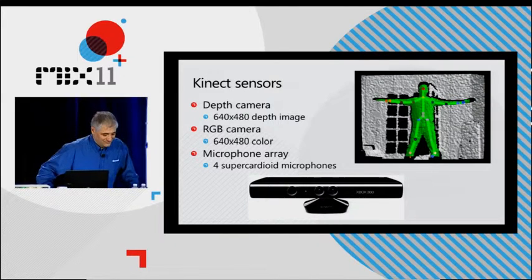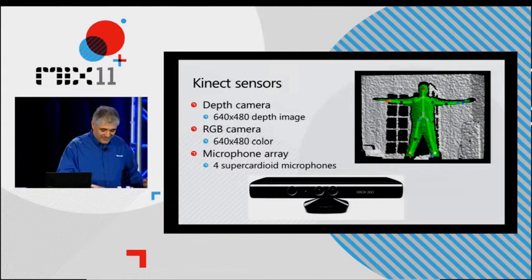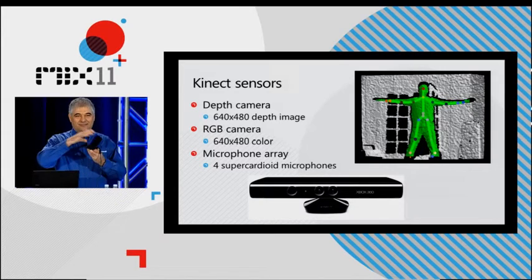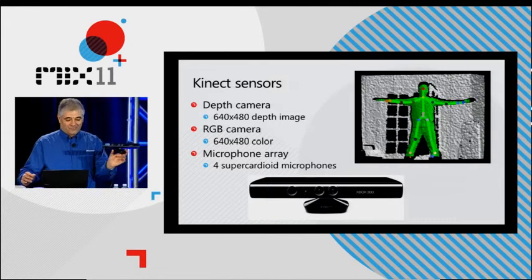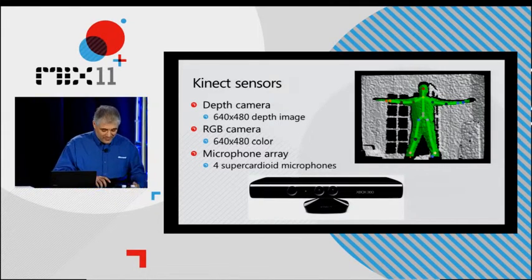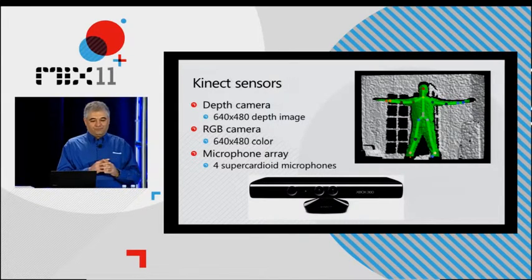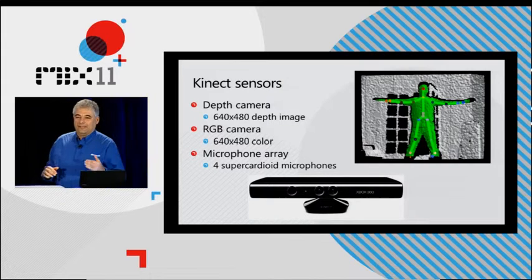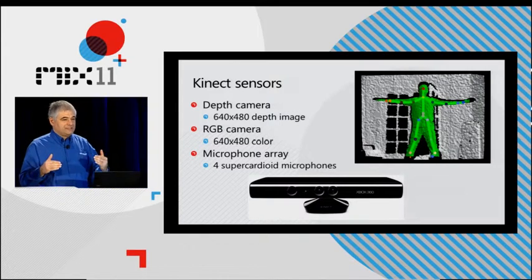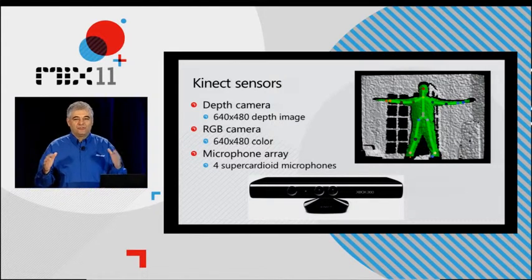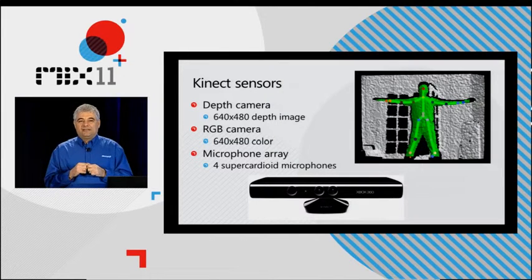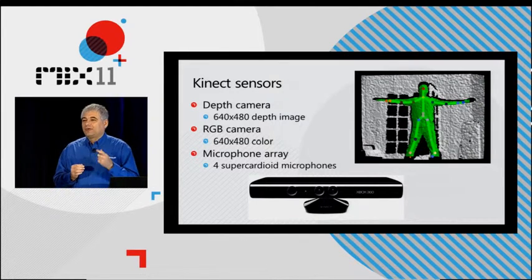So, Kinect. Everybody, I believe, has seen the device. If you haven't, there is one of them. And what we have here: Kinect in general contains 3 sensors. One of them is the depth camera, the camera which looks like a black and white image, but each pixel, instead of brightness, encodes the